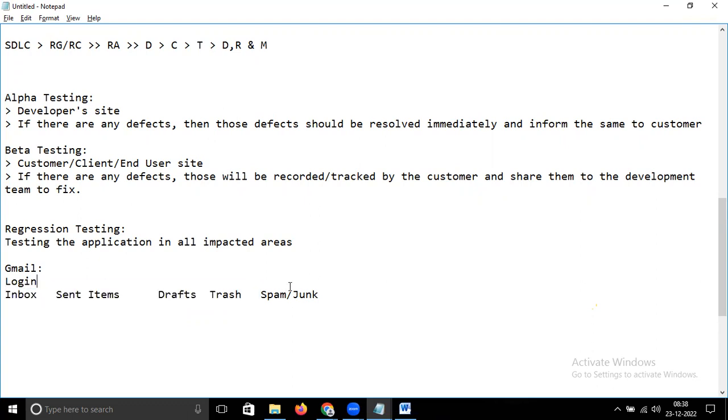All impacted areas. That means if you receive an email, okay, I tested that, and I clicked on view email. I used the options I have on that inbox page, I clicked on each and every link, and I selected each and every option. All are working, but